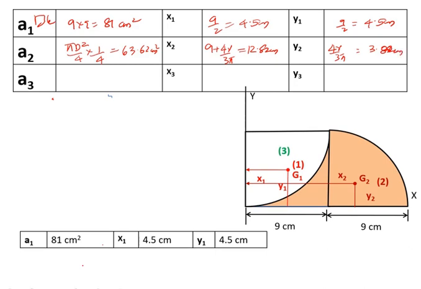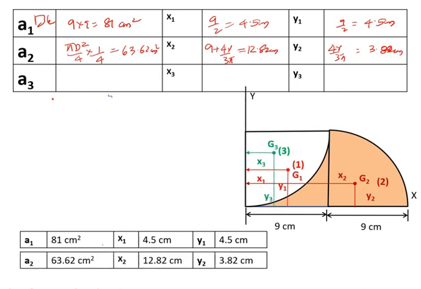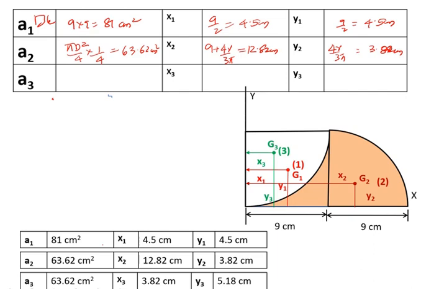Now A3 is the third quadrant we need to detect. So A3's area is similar because it's the same radius, that is pi d square by 4 into 1 by 4. You will get it as 63.62 centimeters square. Now x3 is at a distance straight away from the axis, that is 4r by 3 pi. You will get it as 3.82 centimeters, and